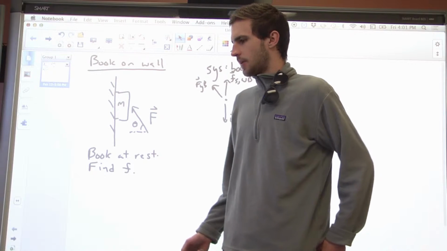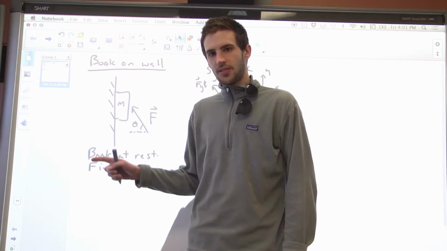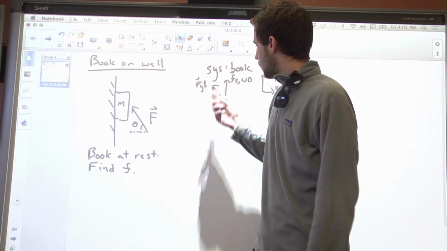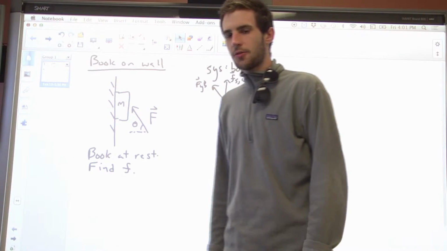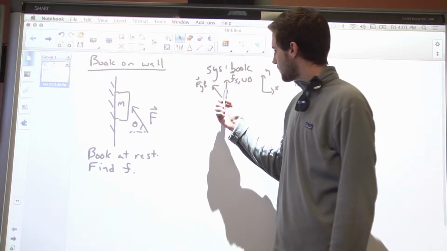So the first thing I think about is whether it's static or kinetic. But since we're told that everything is sitting still at rest, nothing is slipping, I know it has to be static. So what we're going to do is, let's first draw a free body diagram, which I've already done. So the system in this is going to be the book. We're going to have,